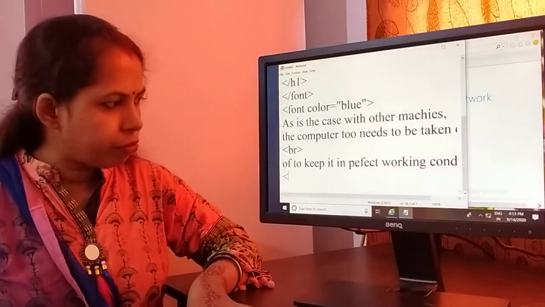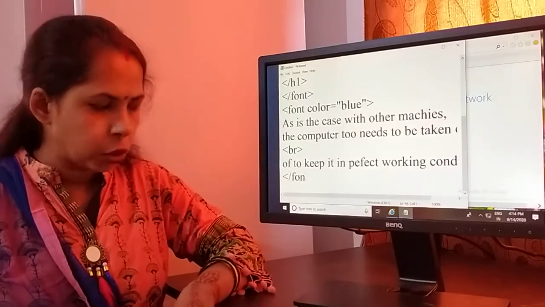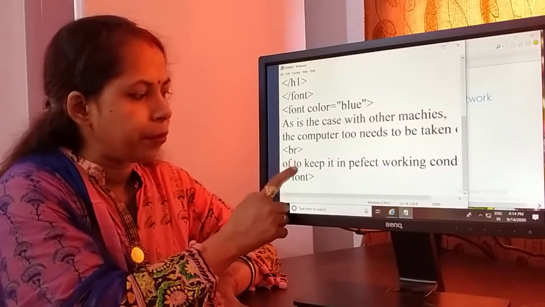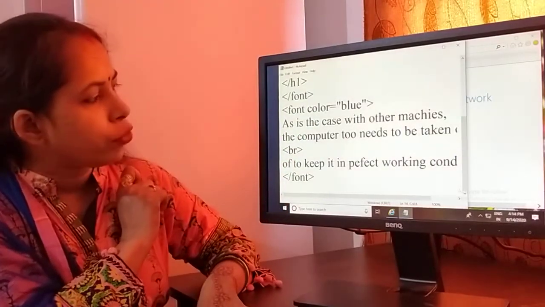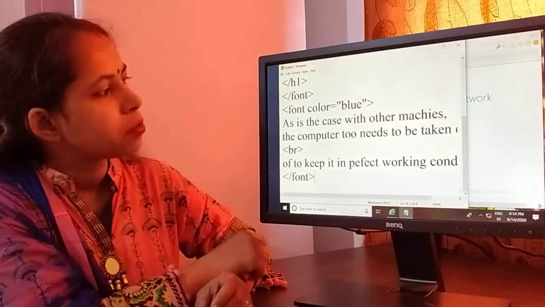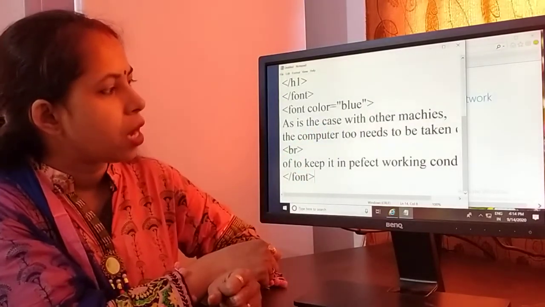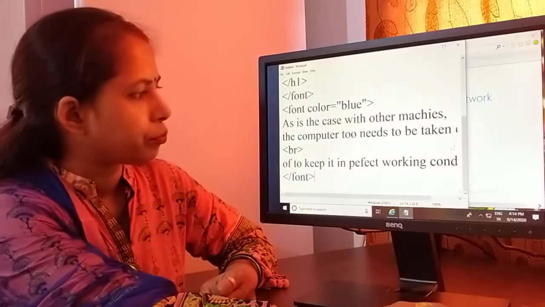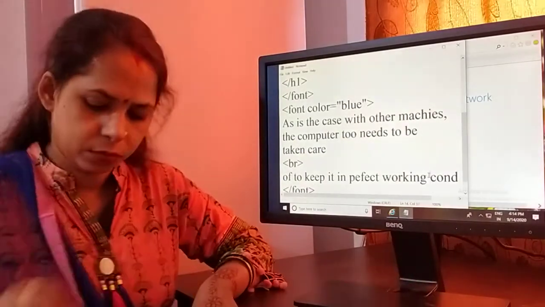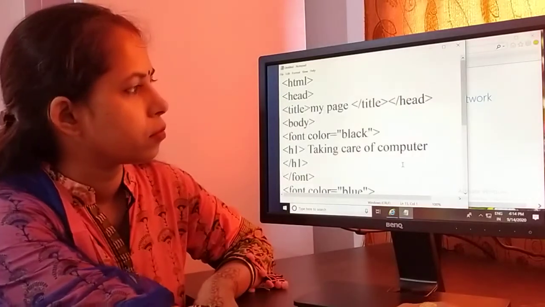After that, children, we close the font tag, because this sentence should appear in one color only.